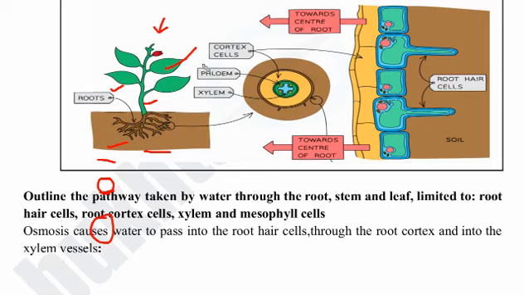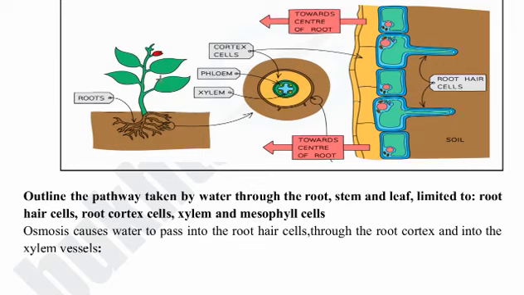As you can see, this is the structure of a plant, this is the vegetative part, and this one is the reproductive part. So translocation is basically the transport of food. Plants also make food. We already discussed from the beginning of the chapter that plants prepare their food. Plants are autotrophs. They can prepare their own food by a process called photosynthesis. But now the question is how plants transport their food. Plants transport material from one part to another part, and that is called translocation.